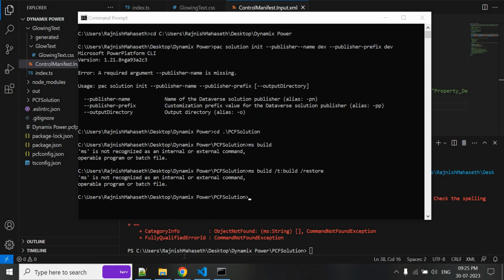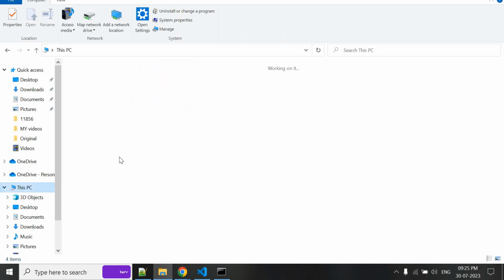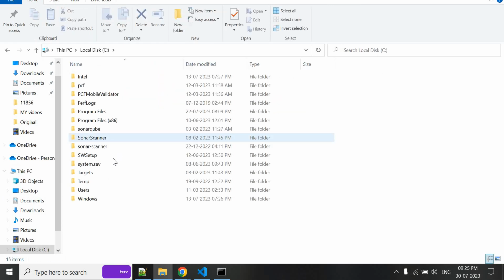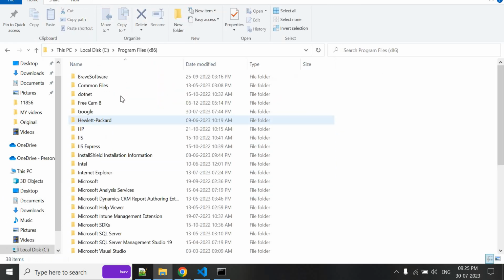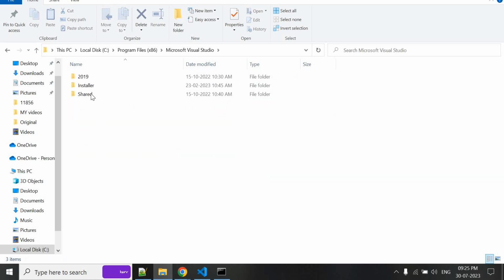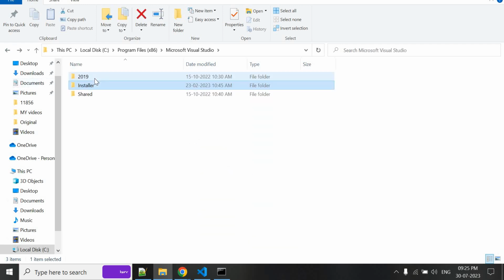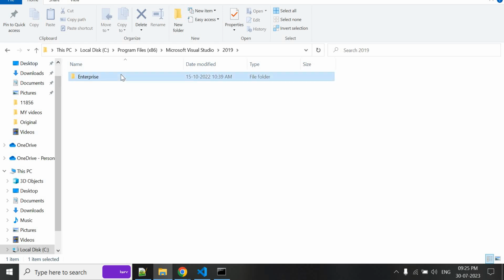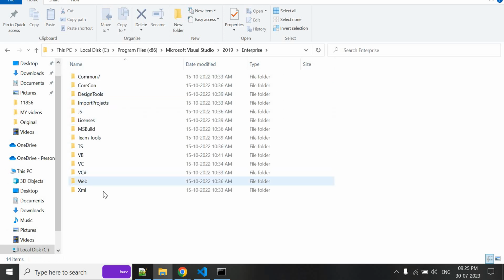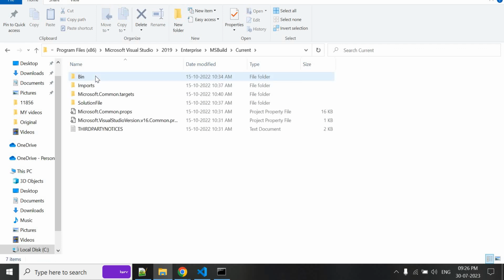Still it's showing error. So let's see if it is installed or not. Go to your PC, local disk. In the user profile we have this Visual Studio somewhere, right? MS Visual Studio in the installer. Okay, not in the installer, in the 2019. Actually we have this one here, right? So in the version,